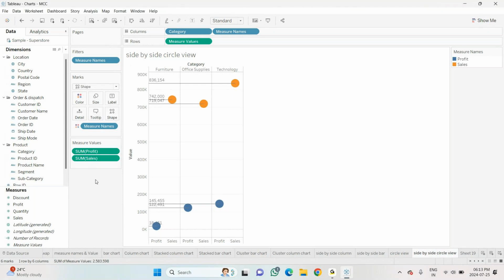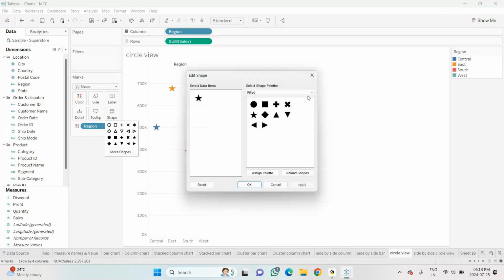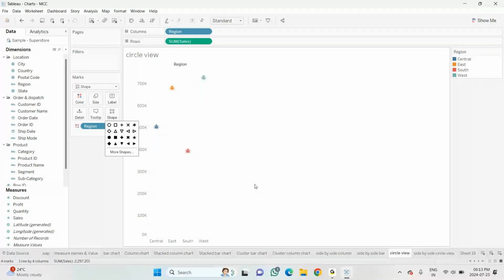Whereas what I'll do is I'll go for some other shapes. Instead of stars, I'll go for more shapes. Here, if you check, there are many things. So I'm going here, bug tracking. I'll choose this bug, then I'll click on OK. So you can see this bug. Let me increase the size. So see, this is how it will look.